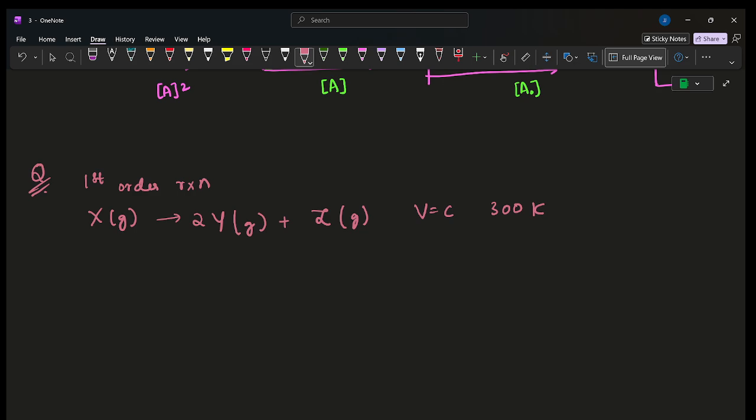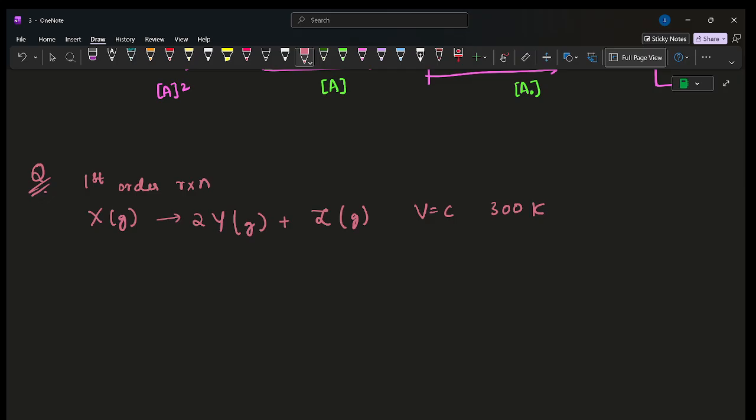Initially, only X is present with concentration X0, and T1 by 3 is the time required for partial pressure of X to reach 1/3 of the initial value. The correct graph is, okay, now I don't know, I still don't understand the question, so let me read it